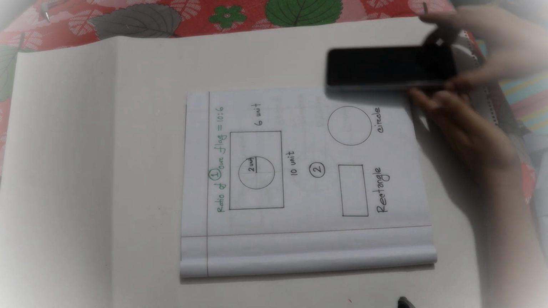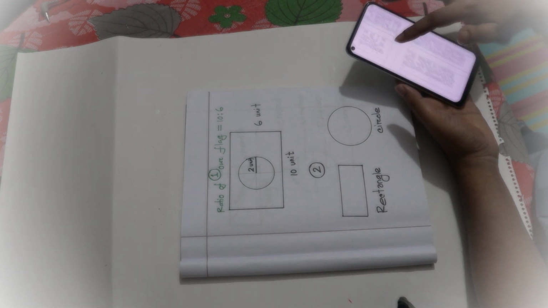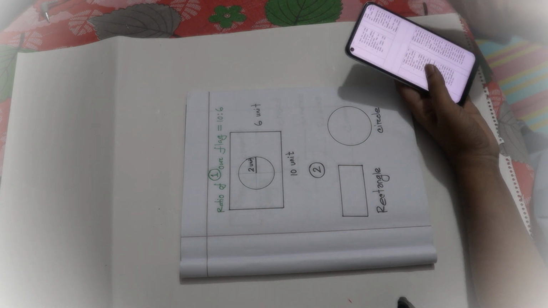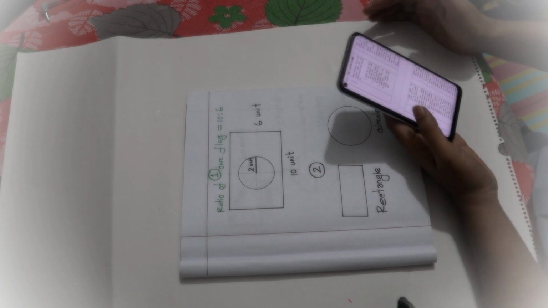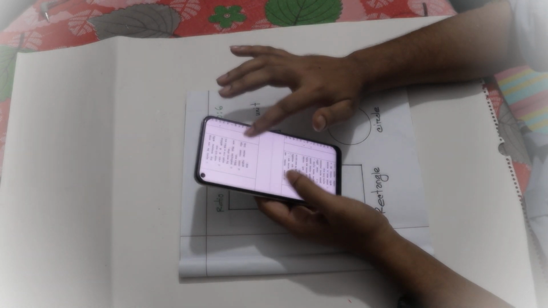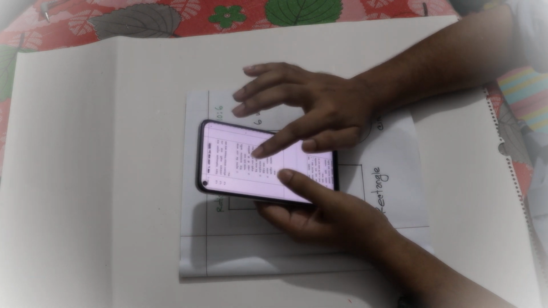Hello, my dear student. Today I am going to solve the summative assessment of class 7 mathematics, work number 2, individual work. Okay, individual work 2, number 1,